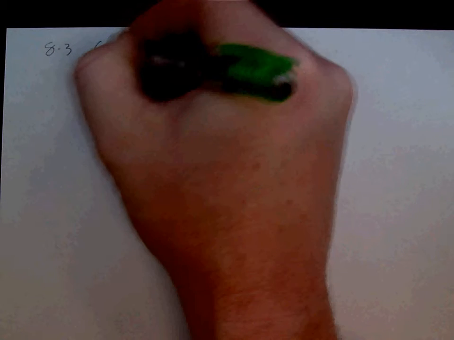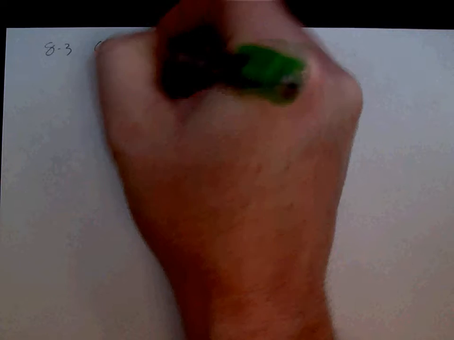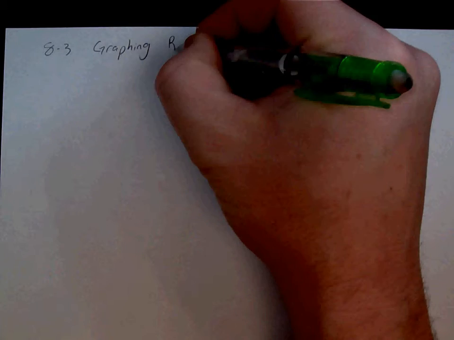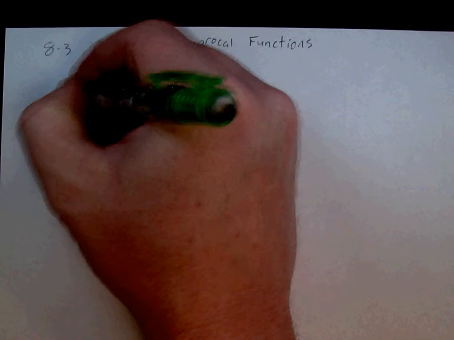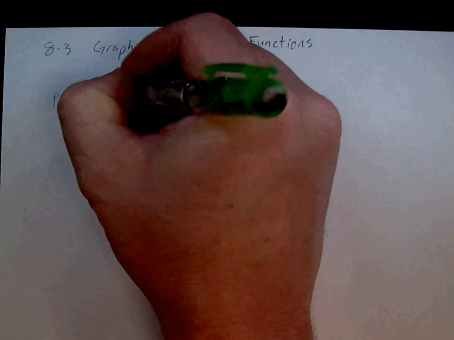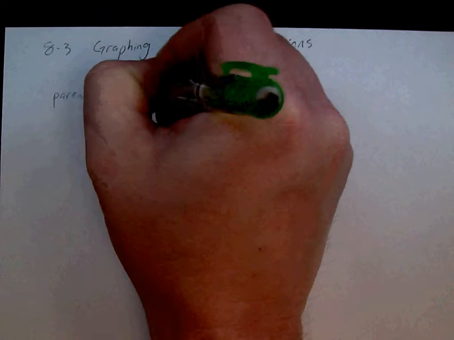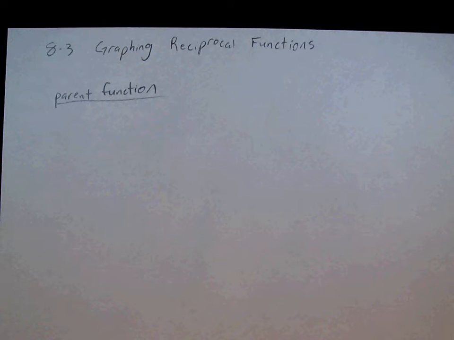But here's a few notes on section 8.3, what we're looking at moving on to next. It's titled Graphing Reciprocal Functions, or graphing rationals is another way to think of it. But we're going to start with the parent function. Understand a little bit about what the graph is going to look like, and then we can do our transformations from there. So our parent function